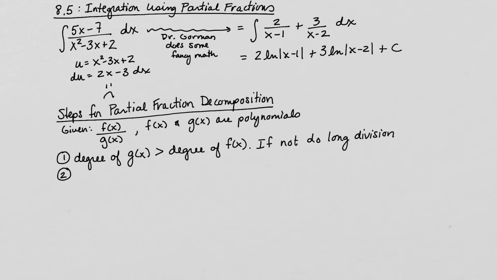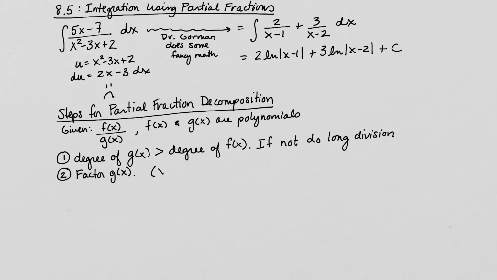The second thing that we're going to do is factor g of x. I know some people don't like polynomial long division and some people do. So the next thing we're going to do is factor g of x. When you factor g of x, you can get a lot of stuff. The things we're going to do partial fraction decomposition on by hand, when we factor g of x, our g of x